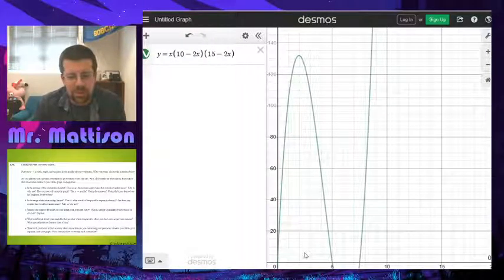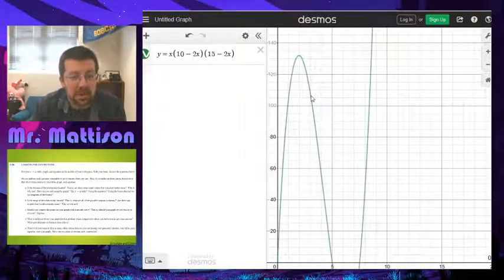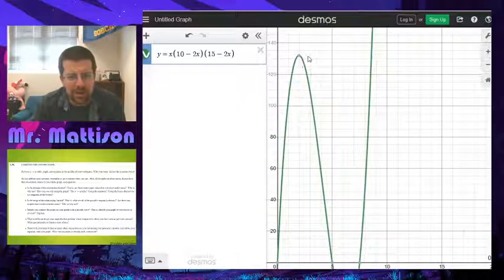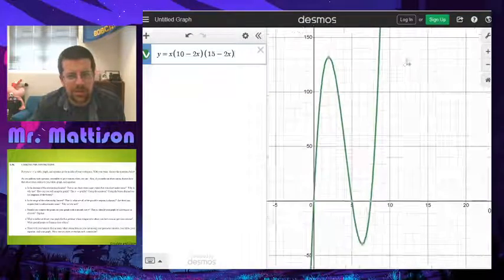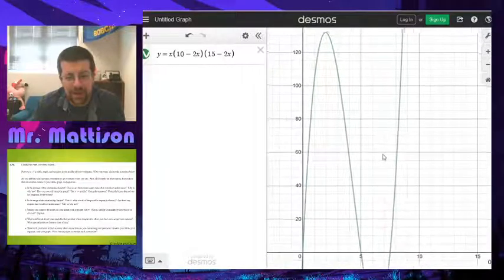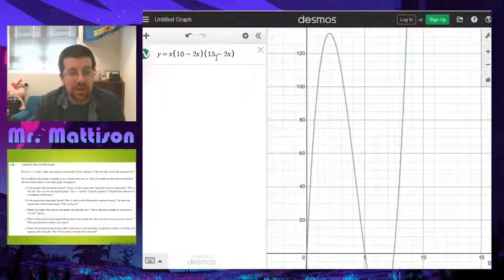So if my height was like 3, I could go to where this is 3, where it hits, hey, there is the volume of my box if my height of the box is 3 centimeters or units or whatever we're measuring here. So if I'm looking for, hey, when is it going to be the most volume possible? And you may look at this graph and say, well, I have this bump here, but more importantly, this graph keeps on going way up over here. So I can go super high. I just keep making those cutouts bigger and bigger and bigger. And that's very tempting and is a useful thing, but